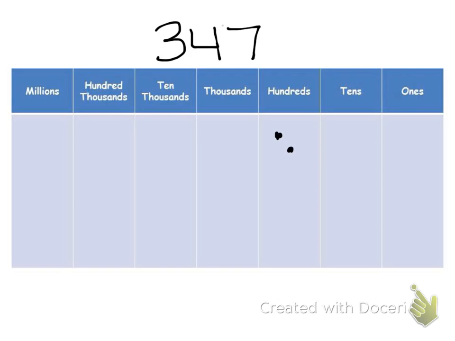I hope you did this. 3 hundreds, 4 tens, and 7 ones. If you did that, you are correct. Let's do another one. So again, just go down to the next line on your same place value chart. And I want you to make the number